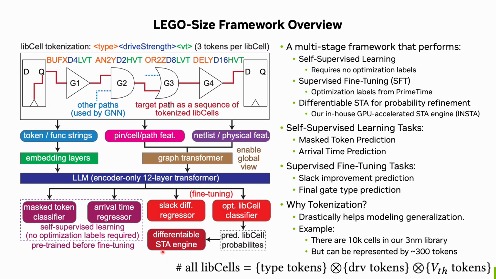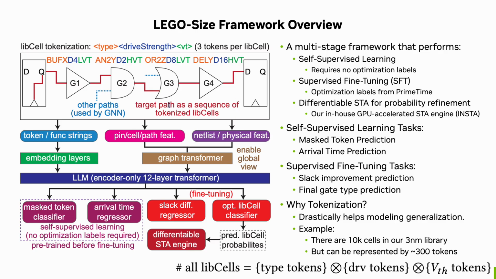Finally, I want to emphasize that the benefit of tokenization, which can be summarized in the equation below, where the symbol here represents the Cartesian product, meaning that every element of one set is to combine with every element of the other set. This equation implies that we only need to use a small amount of tokens to represent a vast amount of words, or library cells in our case. In reality, our technology has more than 10,000 library cells, and it only requires us to use 300 tokens